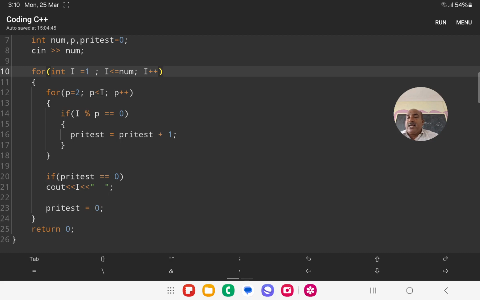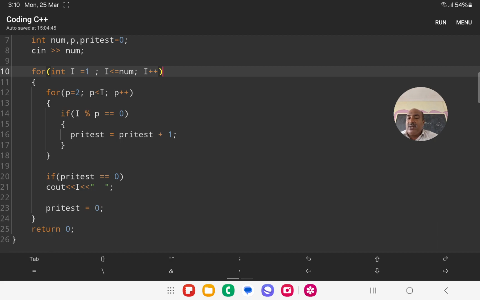Then later we will check 6 also. For i equals 6, p equals 2, p less than i is true. So 6 mod p equals 0 is true, 6 divided by 2 gives remainder 0. So prime test is increased, prime test is 1. Again p increased to 3. 6 by 3 is also divisible, remainder is 0.